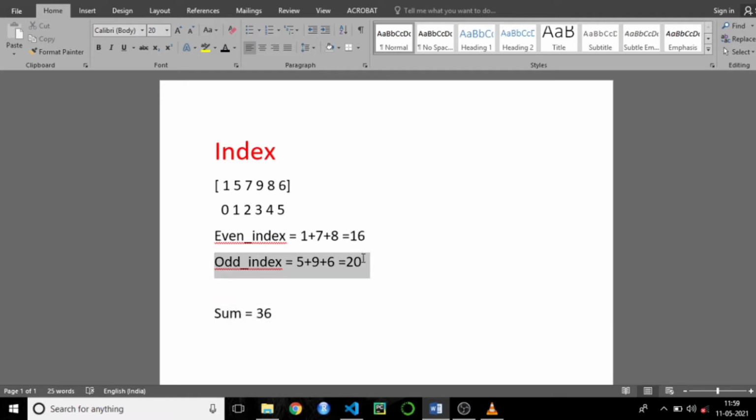Why I am taking this question is that they may ask many different questions on these index values. Here I am just taking the sum of the numbers. They may ask to add 1 to the elements which are at even index, and add 3 to the elements which are at odd index, and finally print the list. They can ask that type of question, or many different questions on this index. I just need to know how the index works. If we know that, we can solve any question on index based problems. Okay, I will get into code.